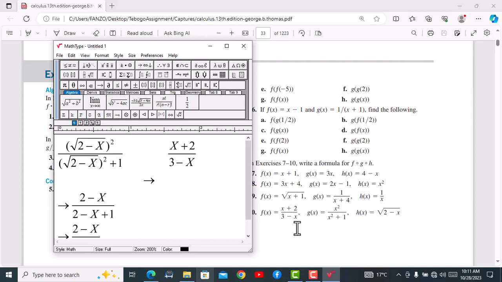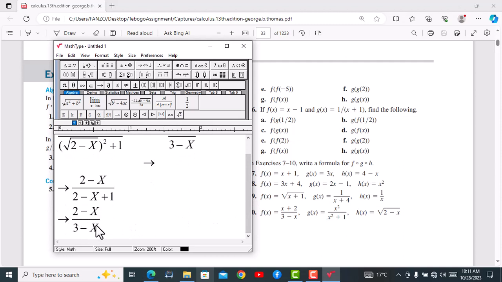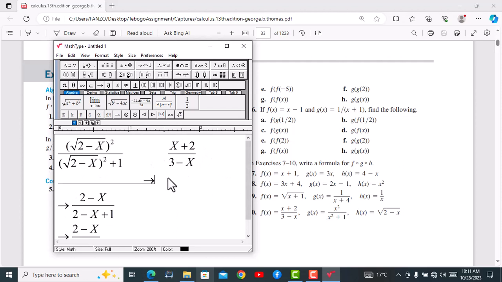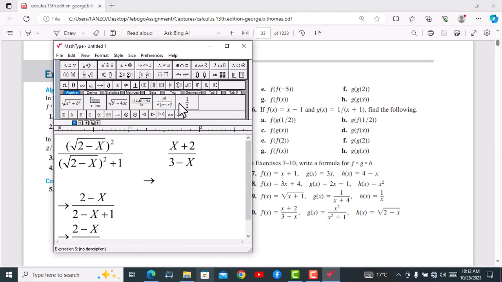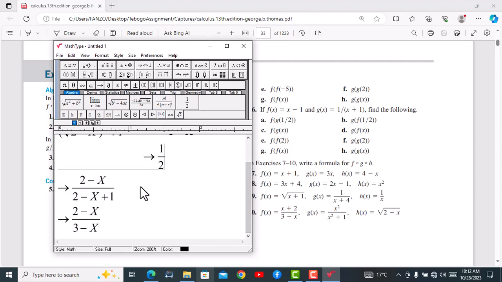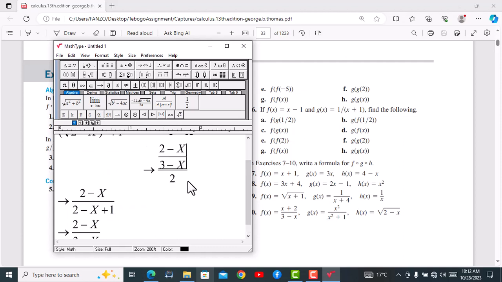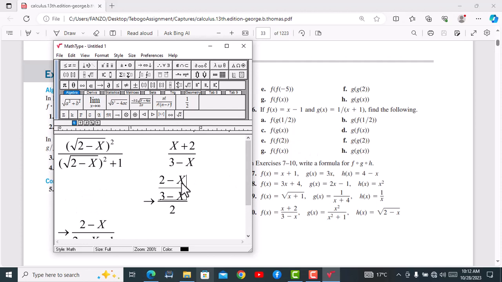Now in here where I see x, I'm going to write 2 minus x all over 3 minus x. Where? In here. So I see x there, and I'm going to write 2 minus x. So let me just copy this and paste that, and then I should have a plus 2 there. Very important, because I have this plus 2. Right, divide, and then on the denominator I have my 3 minus, and then where I see x,